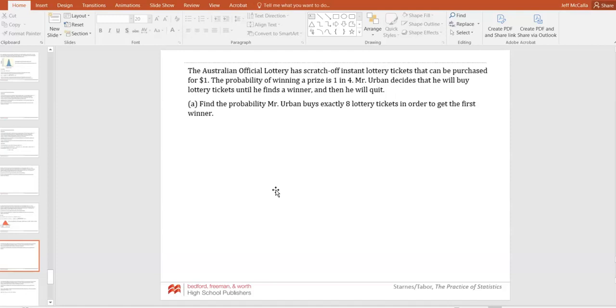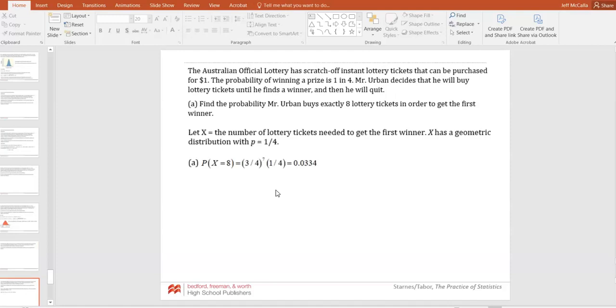The probability is the same. He's going until he finds his first win. Find the probability he buys exactly 8 lottery tickets. So you've got to figure out the mean and standard deviation here. The mean would be the reciprocal of the probability of success, which is 1 out of 4. So 4 is the mean. I think the standard deviation is the square root of 3/4 divided by 1/4,